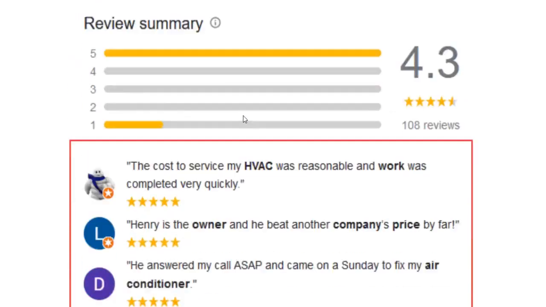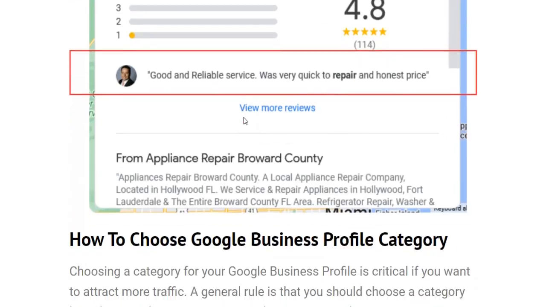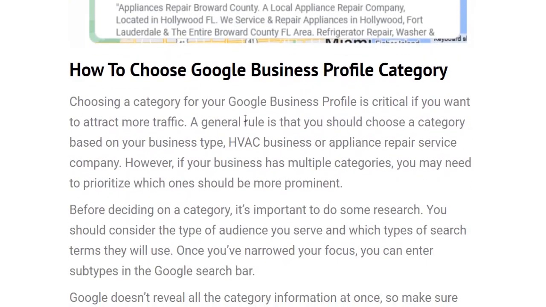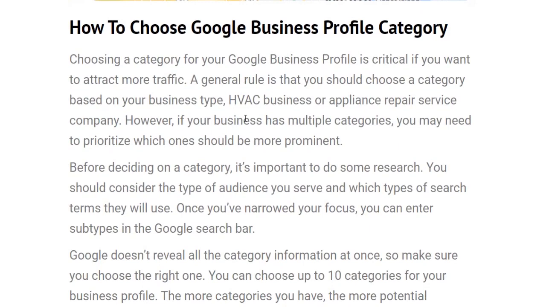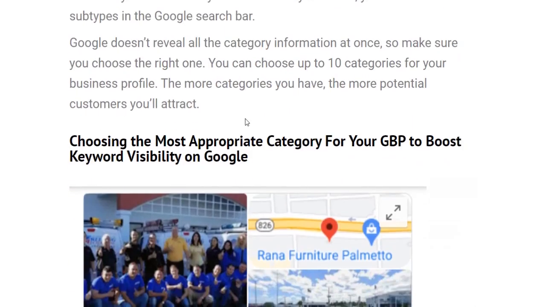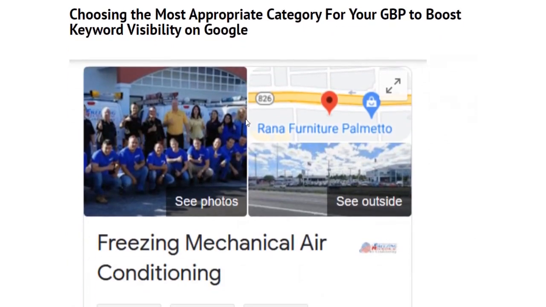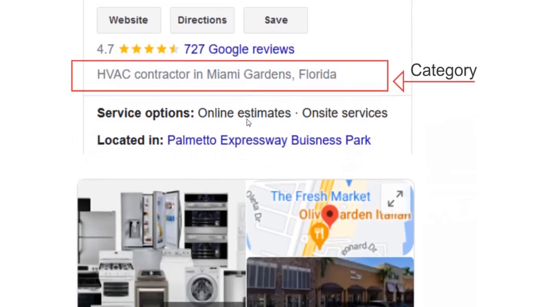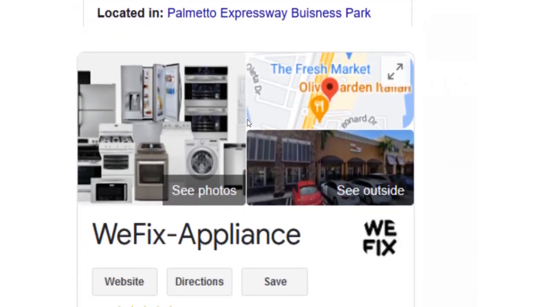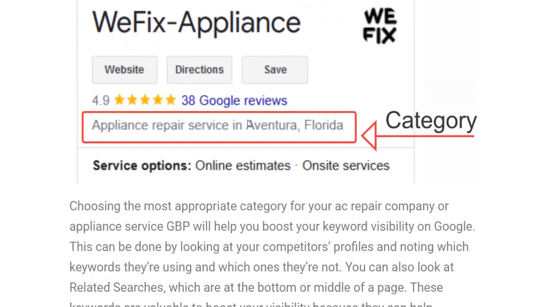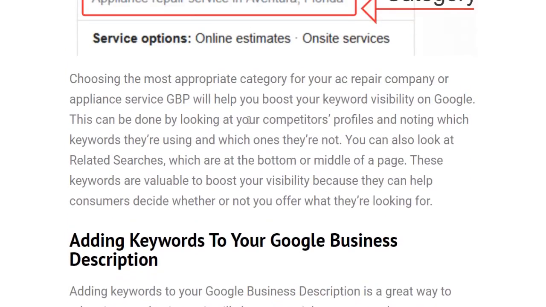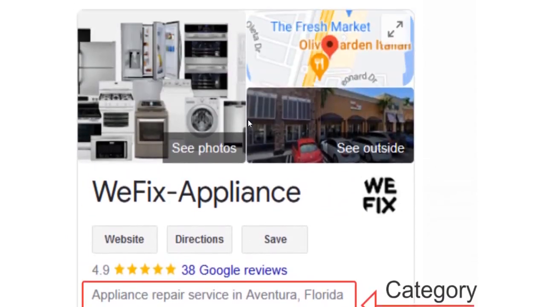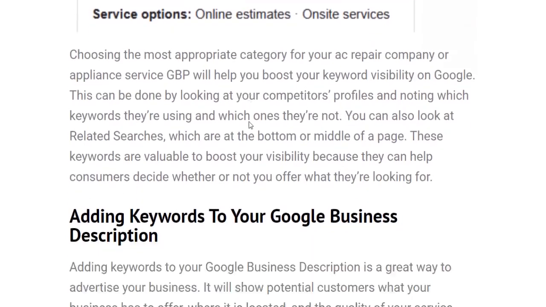2. How to choose Google Business Profile category. Here we talk about choosing a Google Business Profile category, one of the most important factors in ranking your business. The right category helps customers find your business, and it can also help you connect with the right people. However, it can be tricky to choose the category that is most appropriate for your business. Our article explains how to go about it, choosing the most appropriate category for your GBP to boost keyword visibility